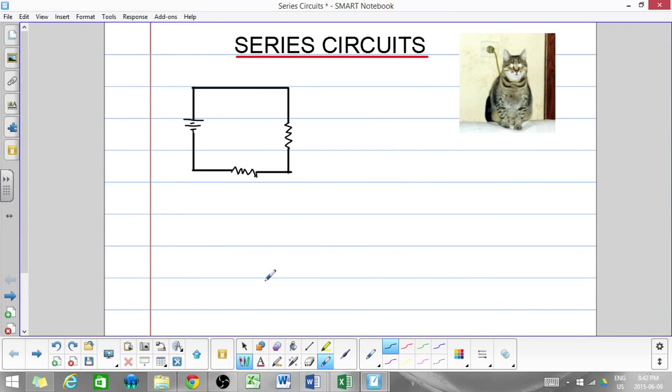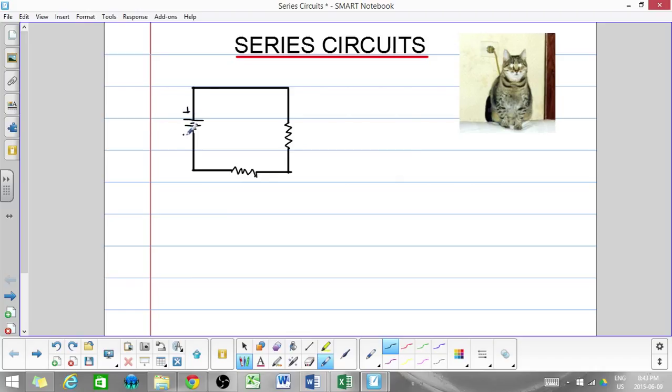In this video, I'm going to talk about solving simple series circuits. A series circuit is like this one where you've got a source and then two or more loads all on one path so that all the electrons go through all the loads. To talk about how to solve these, I'm just going to assign numbers to this one and take you through it. This is your source, your battery,